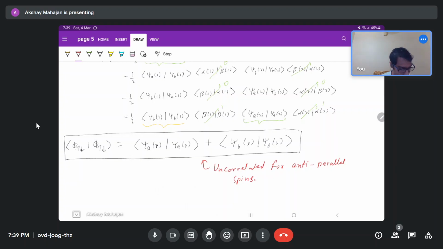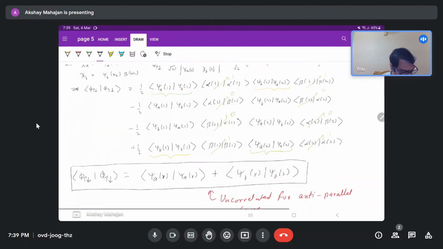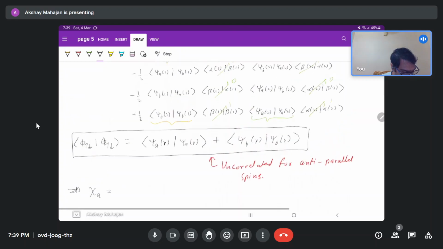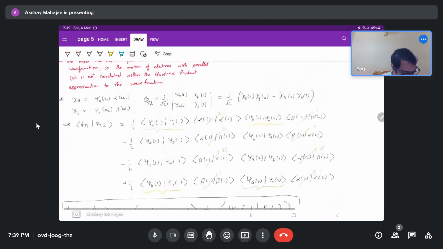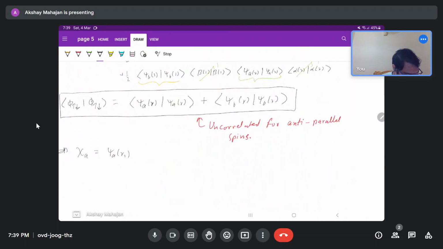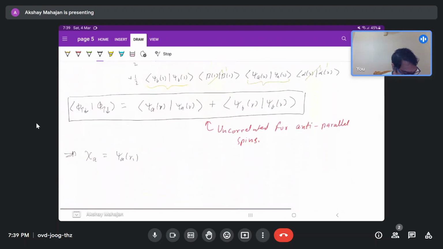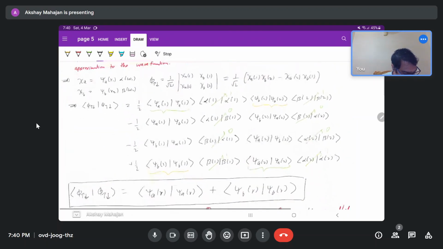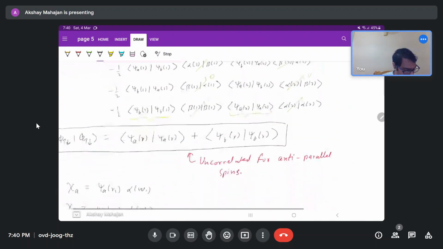But now let's take the same new thing. Let's take our chi A, and now take our chi B as different. Now chi A will be psi A of R1, and instead of beta, let's take alpha. We will have the parallel case, so I will take both as alpha. This is alpha of omega 1, and chi B will be equal to psi B of R2 and alpha of omega 2. Alright, so our phi